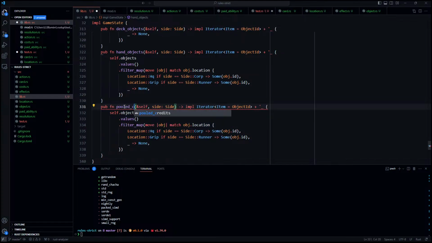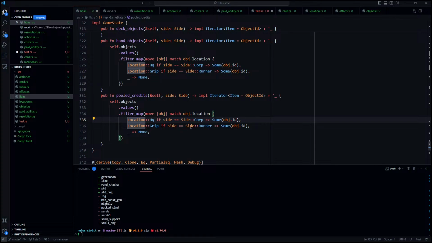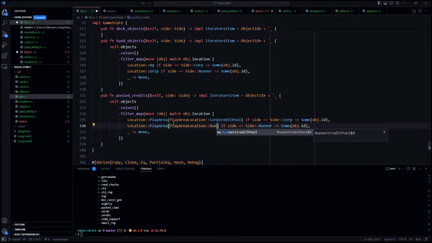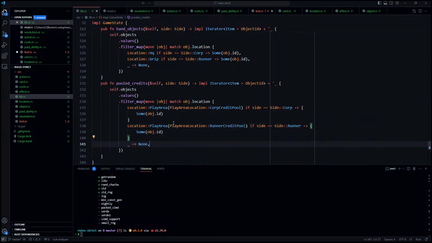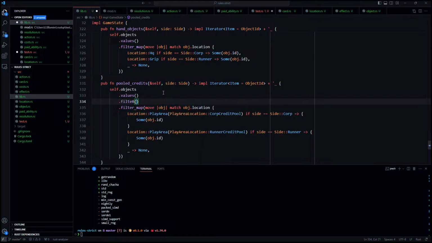Pooled credits for a side is we want to filter for location is play area location corp credit pool and play area location runner credit pool. Those are the locations we care about, but we also want to filter for